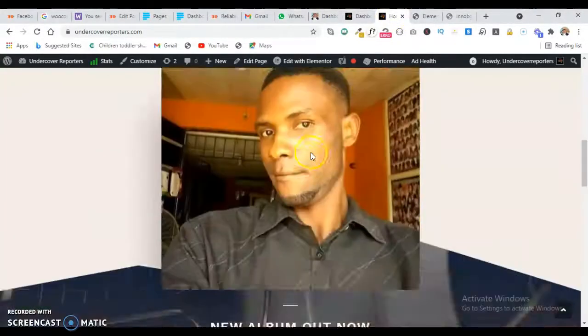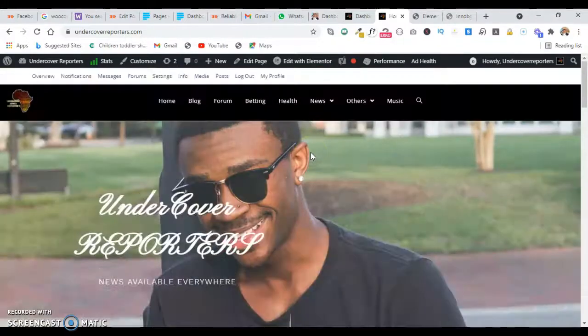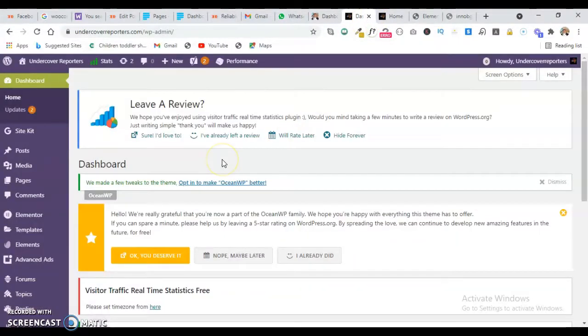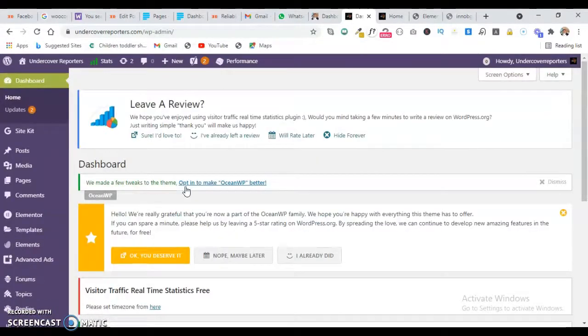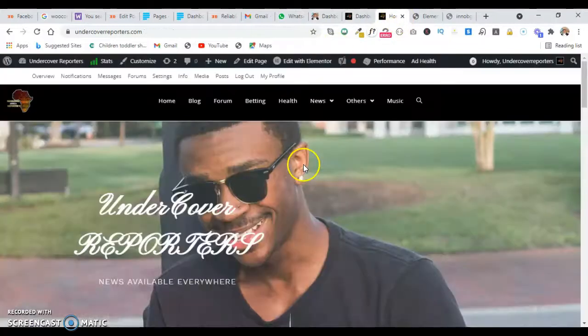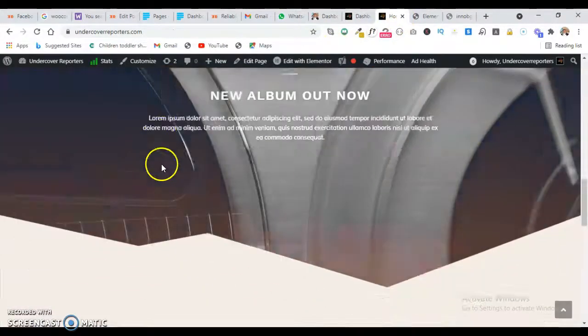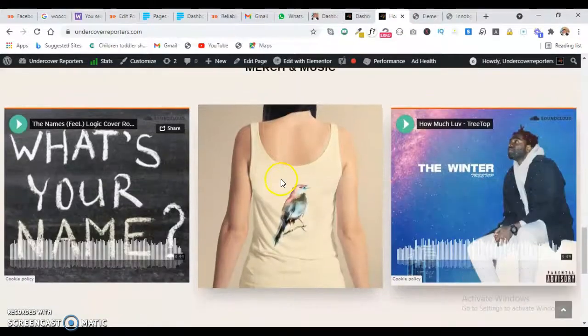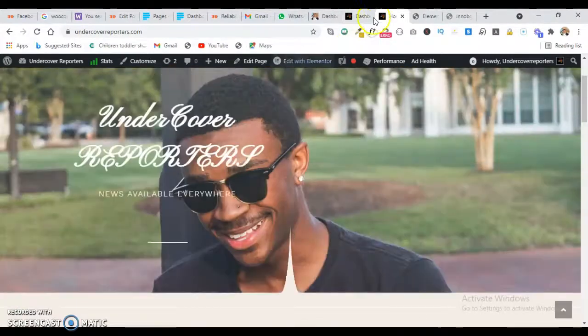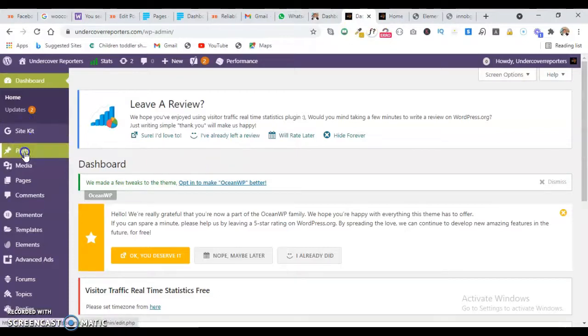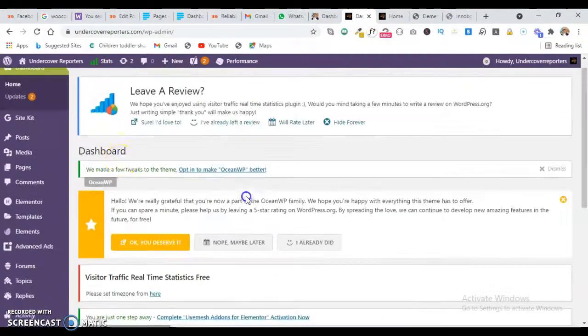This is the front end of your website. The front end is what people will see when they come to your site. Then the back end, which is the dashboard, is what the admin, which is you, will see. So for example, if you make a post on your admin, then it will appear here. So for you to make a post, when you log in on your admin dashboard, you will see this